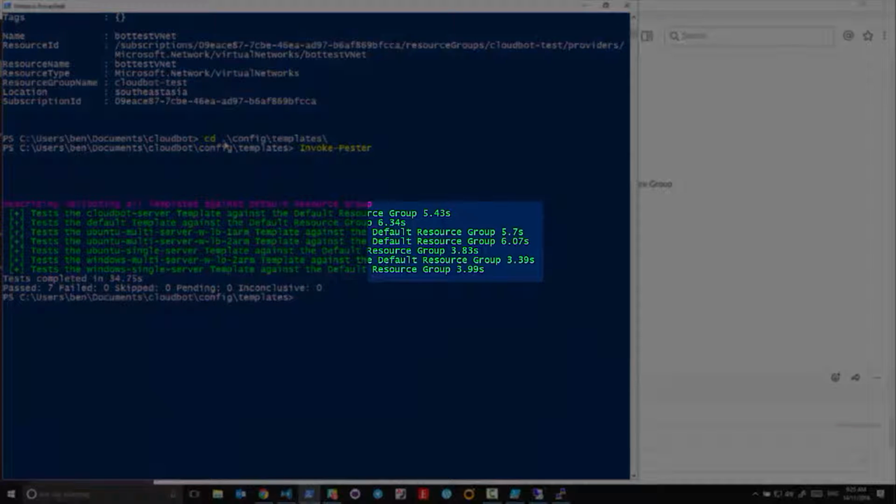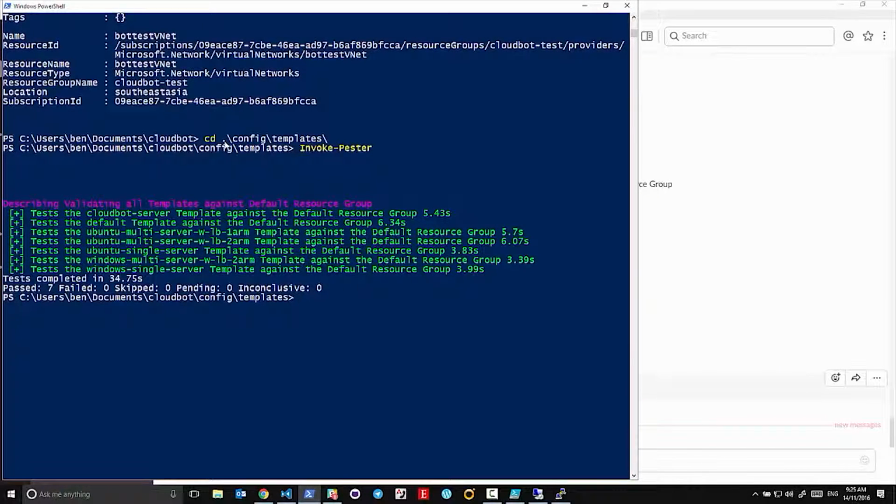There's actually two tests that happen. One of them calls the test Azure RM deployment function, which is a bit slow. You probably don't want to be running this all the time. Or you could split. There's also some faster tests. Might split them out into unit tests and integration tests if you're doing a lot of this or you've got a really big catalog. Okay, now let's go in and do the same thing